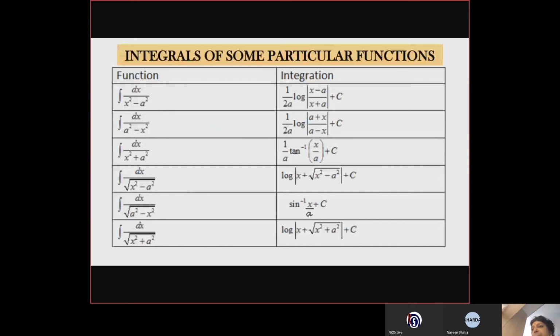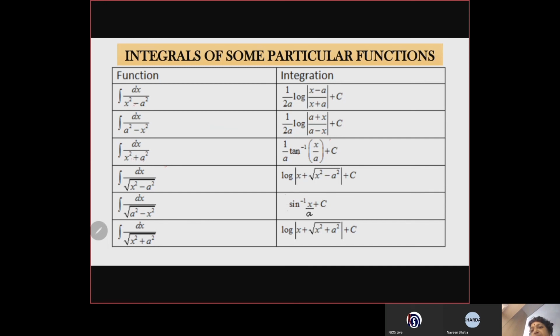Let me quickly go through some particular functions. अगर हमारे पास इंटीग्रल dx अपॉन x स्क्वायर माइनस a स्क्वायर, 1 अपॉन a स्क्वायर माइनस x स्क्वायर, 1 अपॉन x स्क्वायर प्लस a स्क्वायर इन फॉर्म के हो, तो इनमें हम ट्रिग्नोमेट्रिक फंक्शन सब्स्टिट्यूट करके इंटीग्रेट करके ये फॉर्मूले निकालते हैं। Just now we saw integral 1 upon x square plus 1 is tan inverse x. यहाँ पे है x square plus a square, तो ये बनता है 1/a tan inverse x by a plus c।